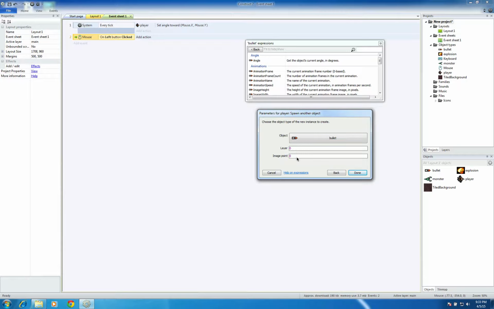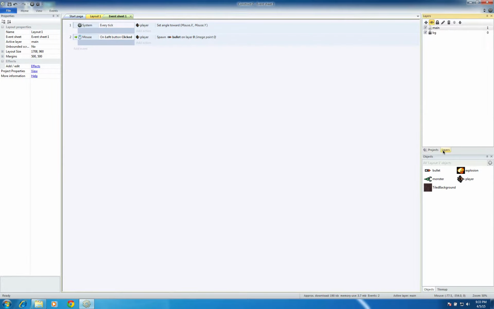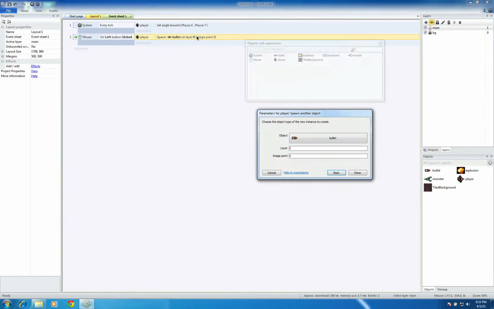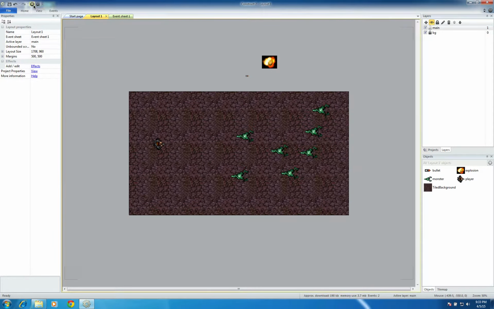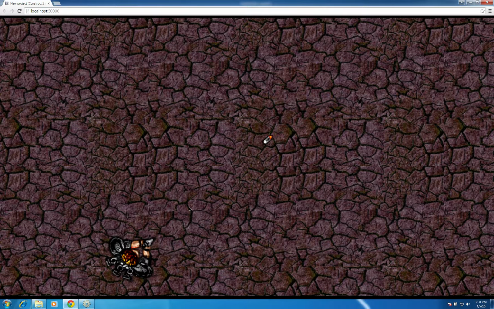It says layer 0, image point 0, and if you forget your layers, I'm going to hit OK first. If you forget your layers, if you go here, see how BG is 0 and main is 1. So what we want to do is go back in here and change this to layer 1. We'll leave image point 0 for now. And let's go back here, and when we hit play,